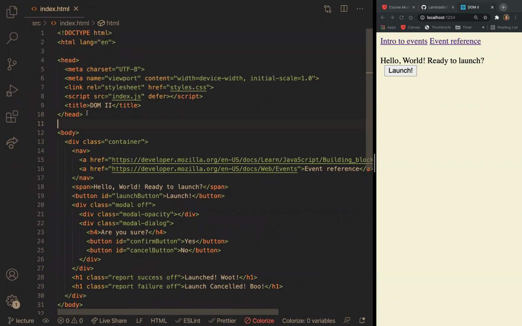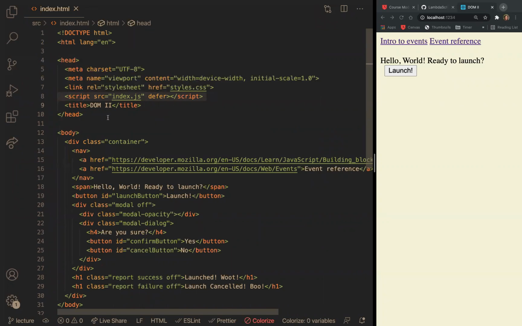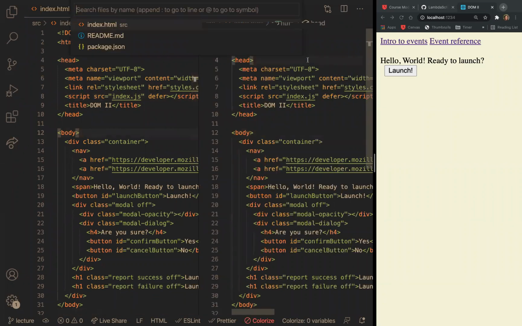the head of our document right here. So if we come here and we come to line 8, we can see that we have in the head of this index HTML, we have a script tag. And it's saying that the source is going to be index.js. Okay, so let's have a quick look at that. What does that mean? So if we go and pull up